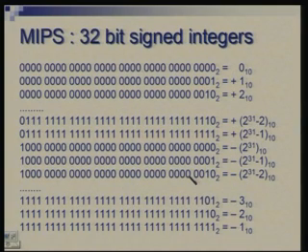This shows the range of numbers you will get in a 32-bit word as we have in MIPS, following 2's complement representation. So, all zeros is 0. On the right side I am writing their equivalent values in decimal base 10. Okay. So, this is 0, then 1, 2 and so on. The largest number is 0 followed by all 1s, that is the largest positive number, and it corresponds to 2 raised to the power 31 minus 1. Okay. This 31 is 1 less than the number of bits you have.